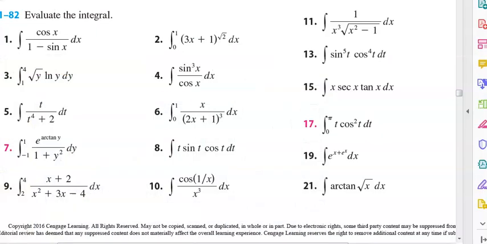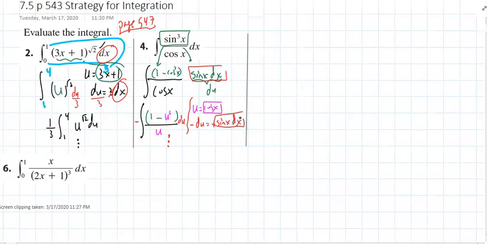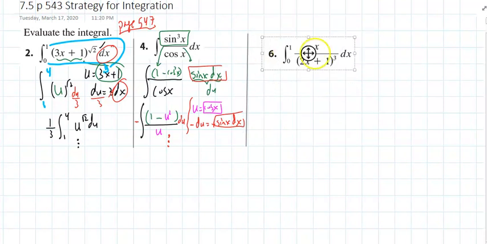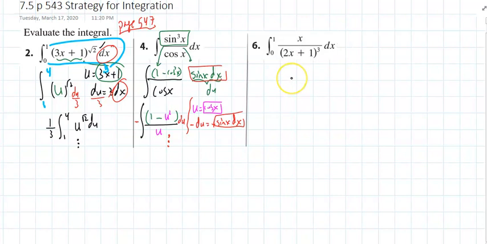If I look at problem number 6, again, the u-sub really allows us to switch the order of the fraction, meaning instead of having a over b plus c, which is a bit more challenging, we could manipulate this to b plus c over a, which I could split and work easily. So if I let u equal 2x plus 1, then I could say du is 2dx, and I'll notice